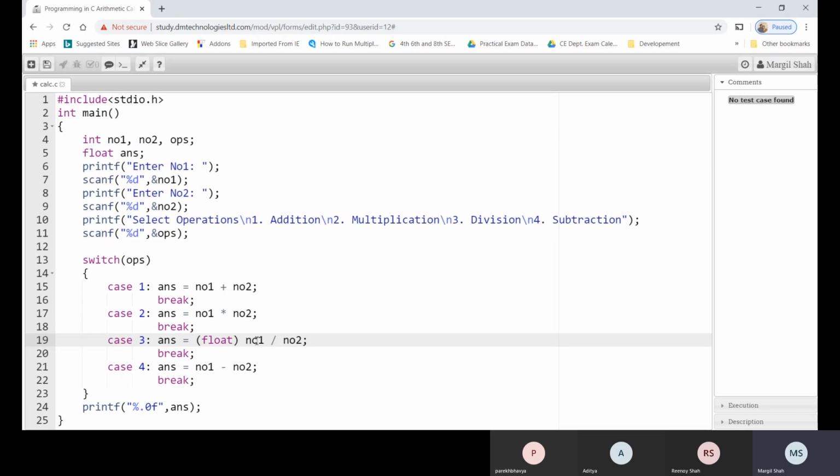Also, once number 1 is a float, number 2 will be implicitly converted from integer to float. Now once you write the code, you need to save it, then it allows us to execute the code.